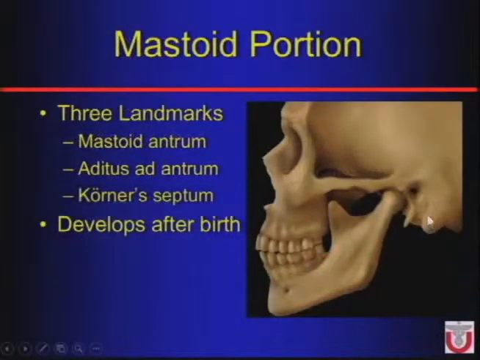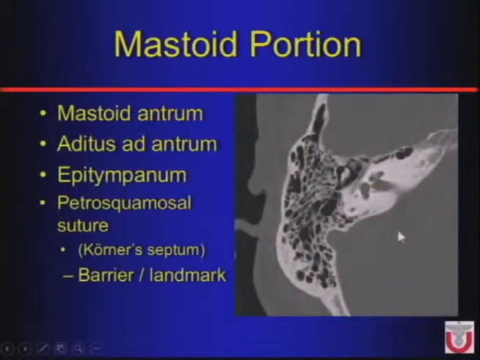Then we have a mastoid portion, the mastoid tip, that develops after birth, and it has some important anatomic landmarks on imaging. So we have the middle ear cavity, where we like to see our ice cream cone. We want to see a nice ice cream cone on every axial CT of the temporal bone. There's the opening right here, additus ad antrum, or opening to the cave, where it's narrowed posterior to the ice cream cone. And then the mastoid antrum is